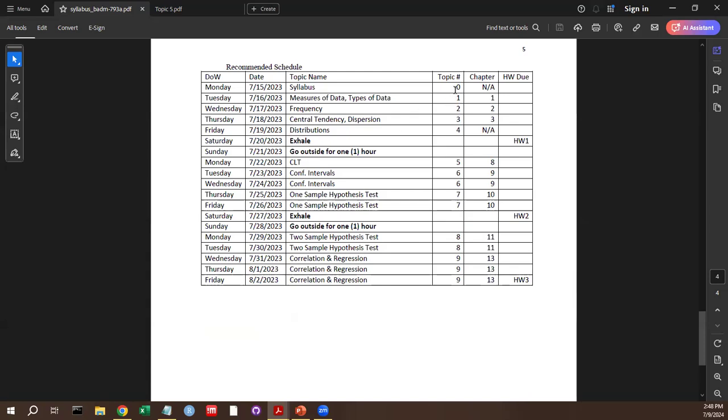these are the topic numbers. The topic numbers correspond to the notes that I've written, so they're numbered 1 through 9. And the chapter numbers correspond to the textbooks. I would recommend try to stay ahead of things. So don't,